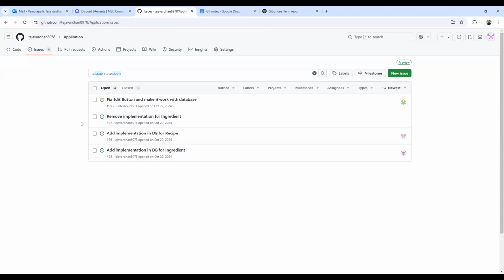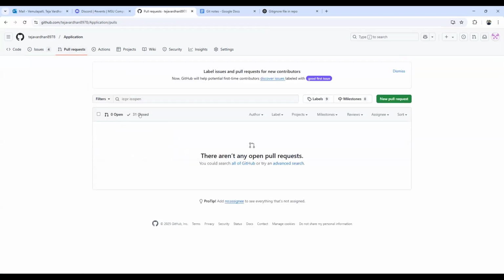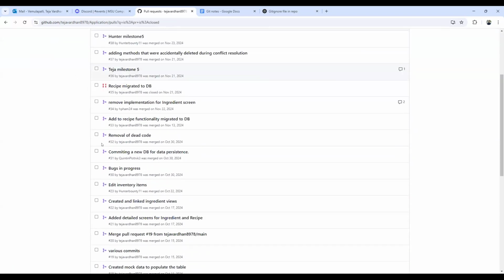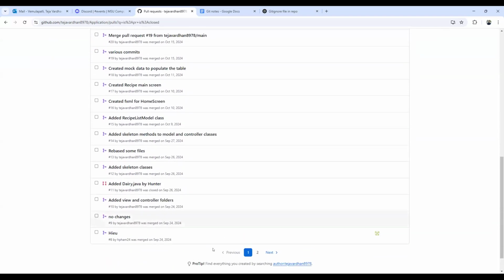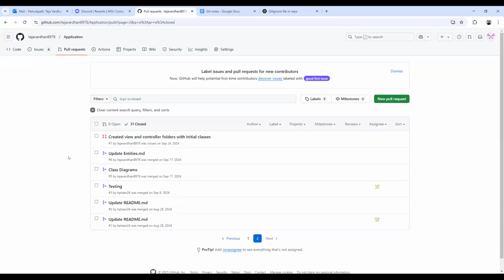You can keep track of features and bugs that you want to get fixed, and you can also use the hash number 27 over here, I believe in the pull request. You can have that number and link it to that issue.